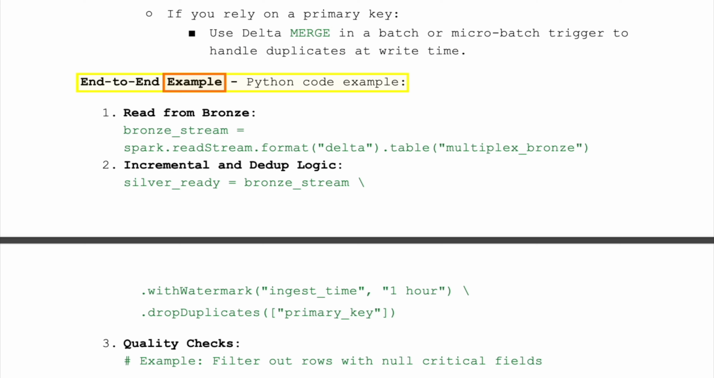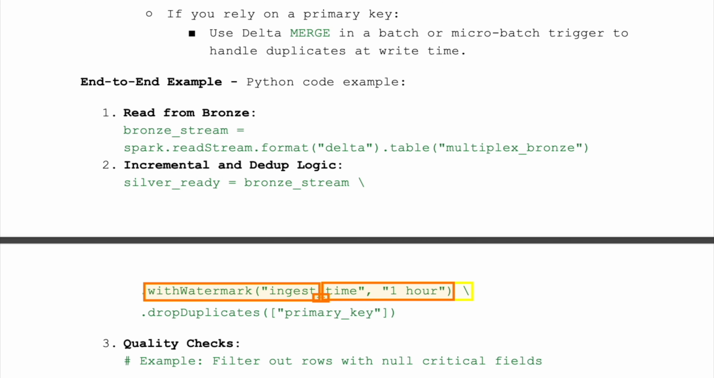End-to-end example, Python code example. 1. Read from bronze: bronze_stream = spark.readStream.format("delta").table("multiplex_bronze") 2. Incremental and dedup logic: silver_ready = bronze_stream \ .withWatermark("event_time", "1 hour") \